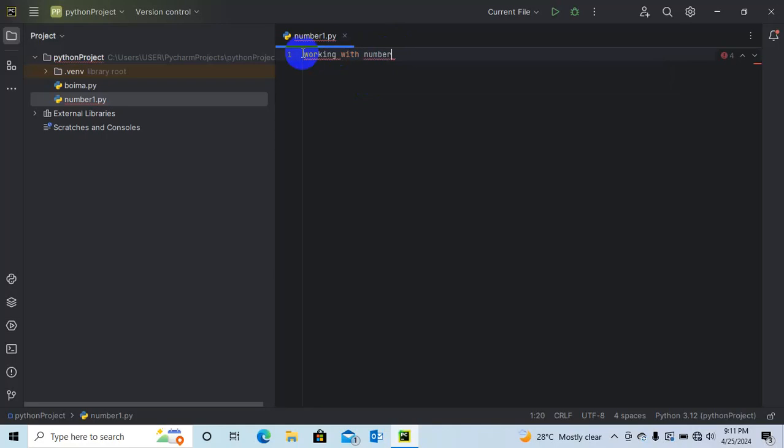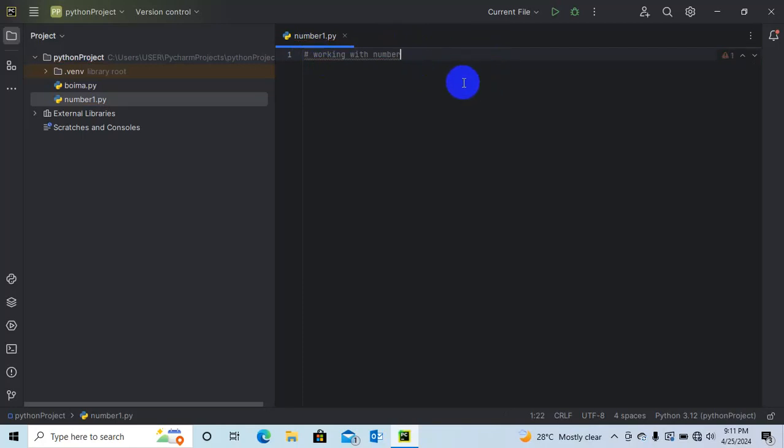I can select this and create a comment, pressing Shift and /. Okay, so I could just press Control and / and my comment is created. Let me see how I can make this bigger.